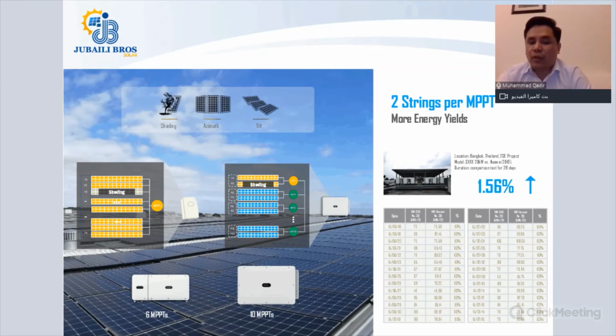So thus allowing you to have these inverters adaptable in many different scenarios, such as you can install them in shaded areas, in installations where you have different azimuths, in installations where you have different tilt angles, and still have higher PV output